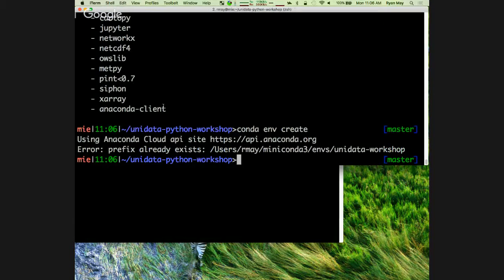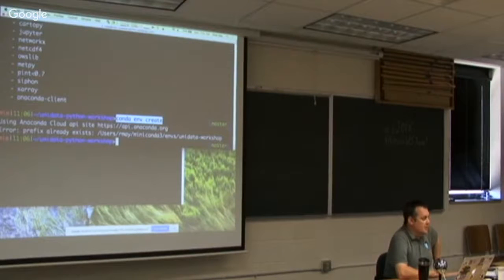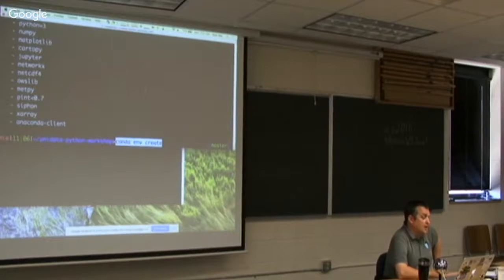I already have one, so I'm going to get this error message. If you're on any of Pete's Linux machines, you will also get this error message. But those of you on your own systems should not have any problems if you run that command. And I can't read the command. conda env create. So it's looking for the environment file in the current directory. Correct. And you can override that with flags on the command line, but by default, it looks for environment.yml. And go ahead and say yes if it asks you, because that's the environment we'll be using going forward in here.